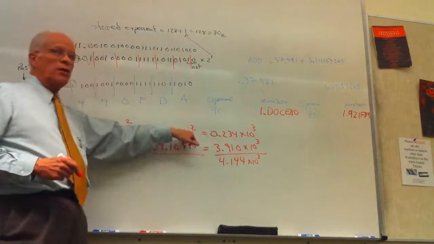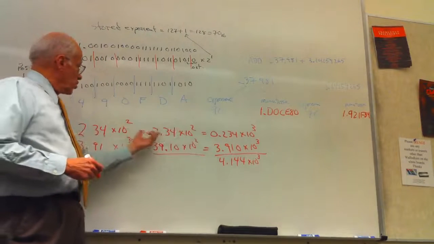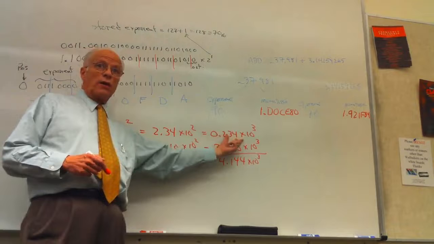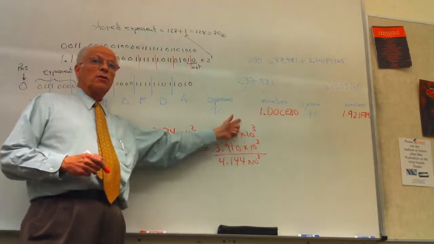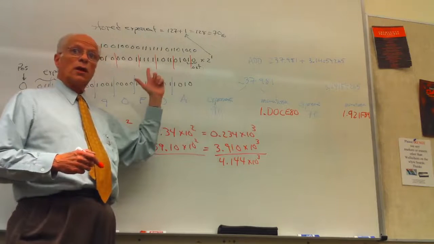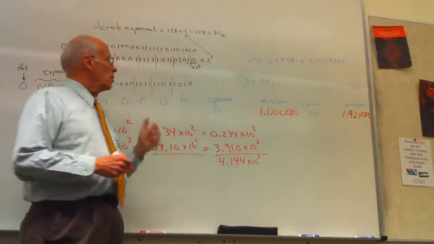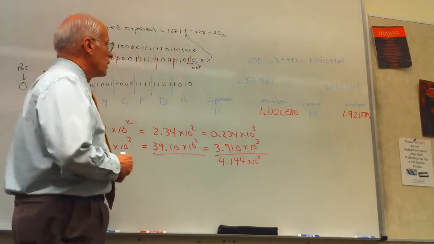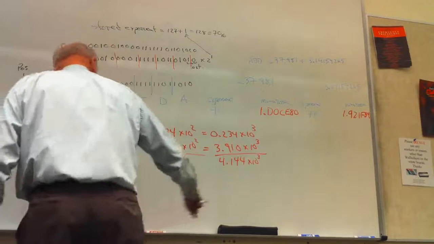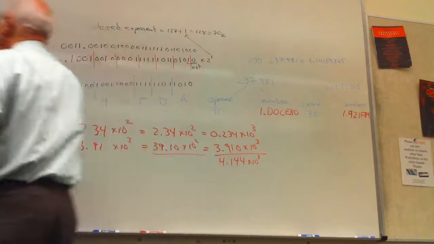We take the smaller exponent, shift those numbers to the right, and increase the exponent by 1 until they line up. Okay, so what I will do here